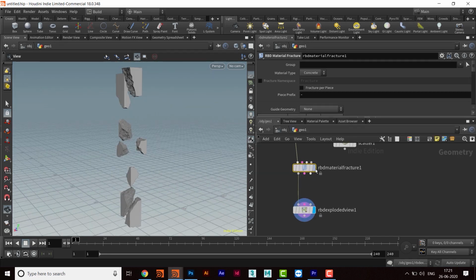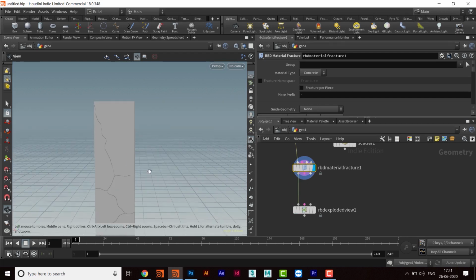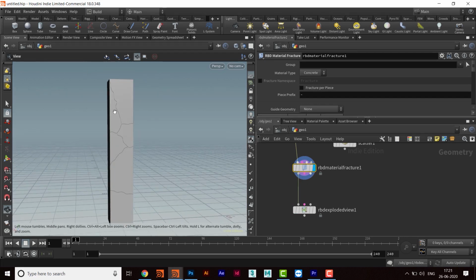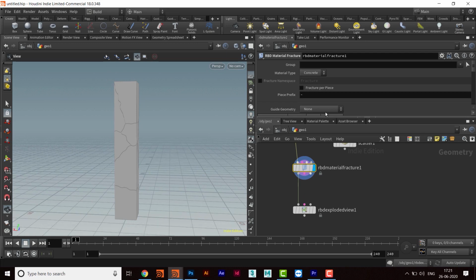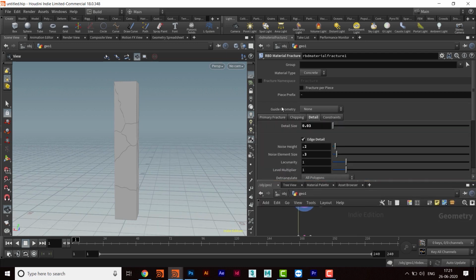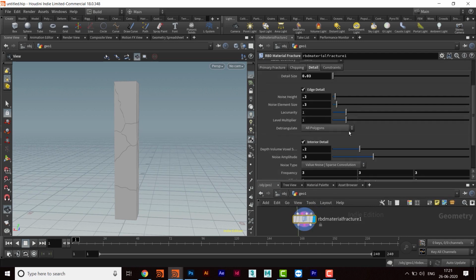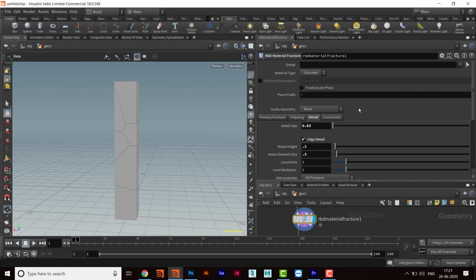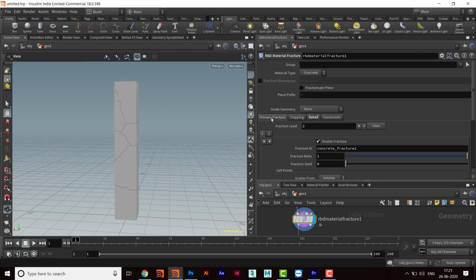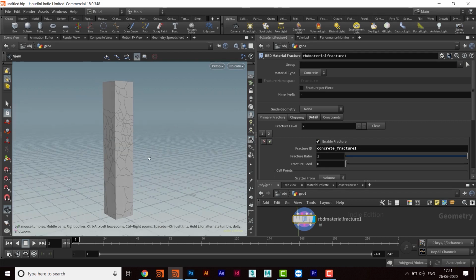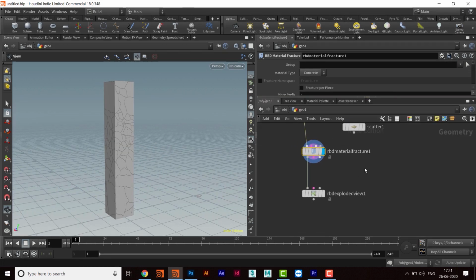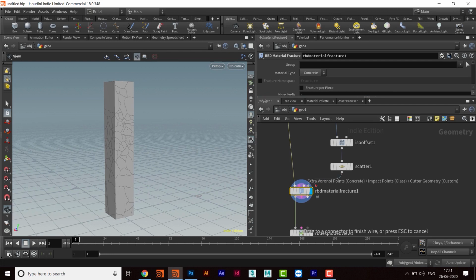So now I will click here, and then we have this column, so we can see this HTML here, and then I'll go back and switch on the next level also. So click here, and then we'll go here in the primary fracturing, click on level 2 and enable it. Okay, so now what I want, I will connect this to the fourth input.